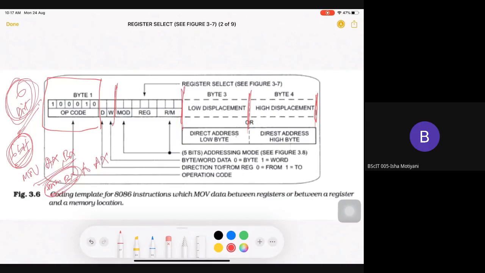If I consider the AX register, then it is to AX, so 1 will come in this bit. Get it? What does W indicate? W indicates whether the operation is an 8-bit operation or a 16-bit operation. Here I am using AX and BX, so it is a 16-bit operation, so that will be 1, as you can see here. 0 is for 8-bit operation, 1 is for 16-bit operation. 0 is for from, 1 is for to. Clear? Hello?